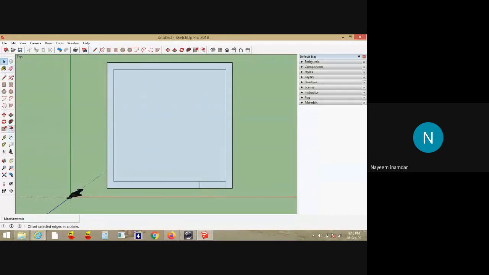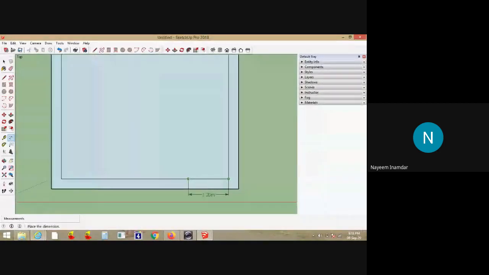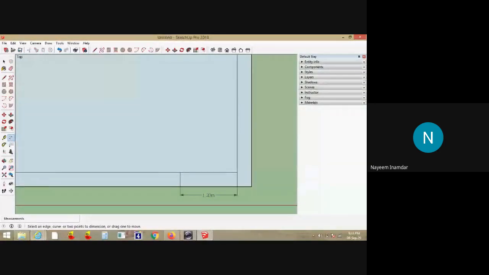So here there is the dimension tool. Dimension tool, you can see here. You click it. So starting point and end point. See, you can see this is 1.2 meters. Dimension is 1.2 meters. So if you would like to delete any of the entity here, just click on this, enter delete. Directly you can delete the things.